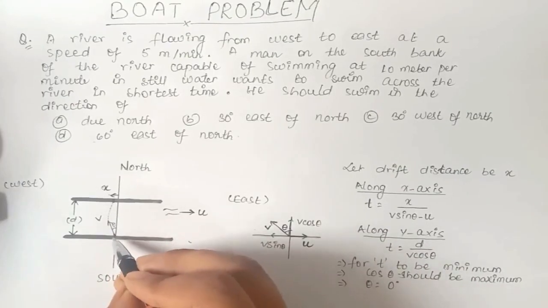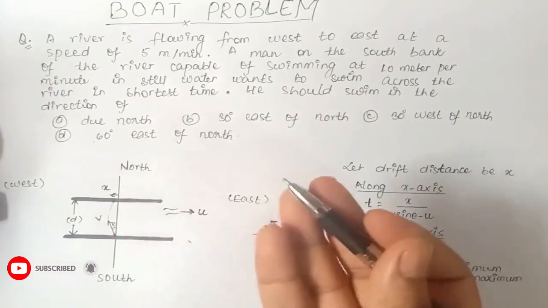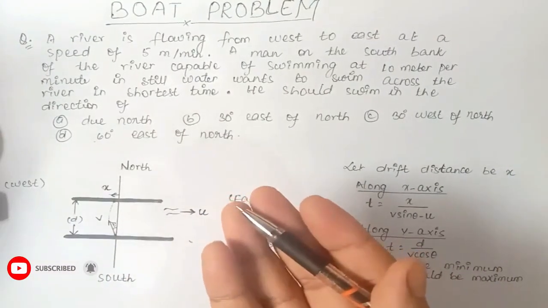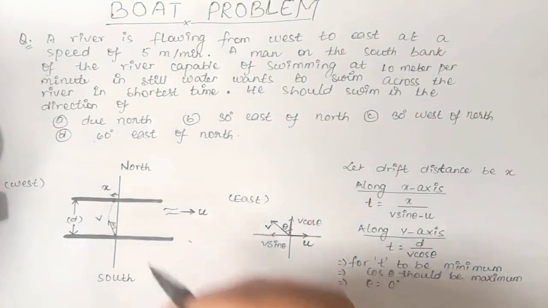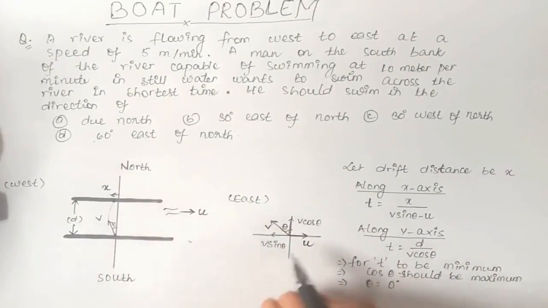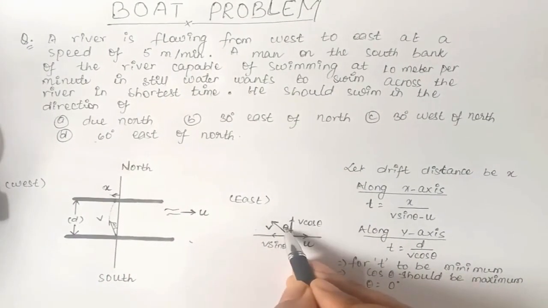The speed of the boat in still water is v, and it is making an angle theta with the vertical line. Initially the boat is making an angle theta with the vertical line, and it can move at the speed of v in still water, so its velocity is v. So it is drawn like that, making an angle theta with